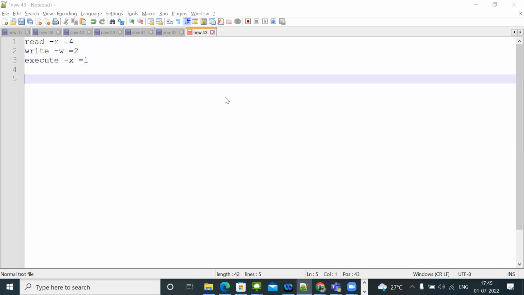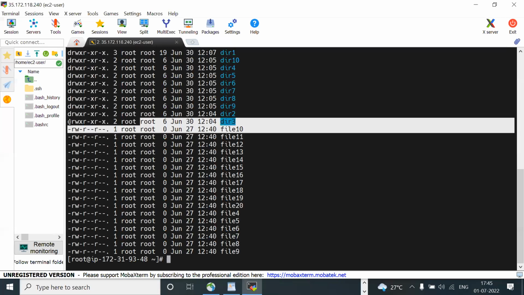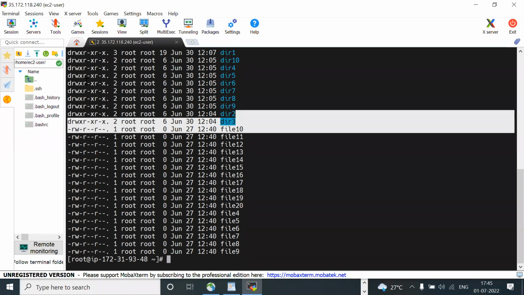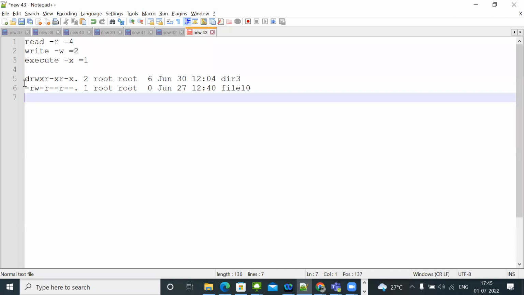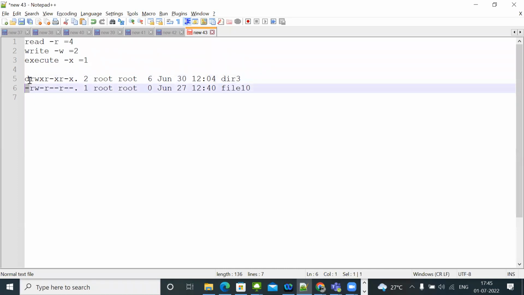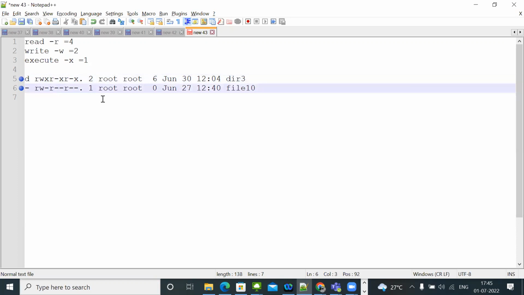If I take one example from here, ls -lt, I'll take one directory and one file example: directory 3 and file 10. How do you know whether it's a directory or a file? Only because of the first column. For a directory it is D, and for a file it shows a hyphen. If it shows D, it's a directory. If it shows a hyphen, it's a file. And if you categorize this rwx in 3 sets,